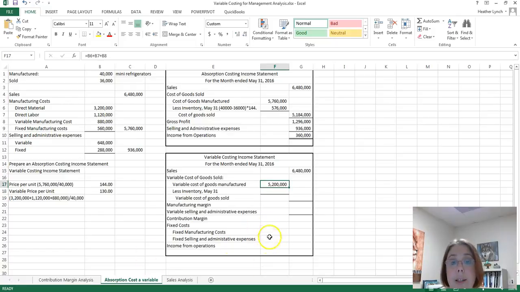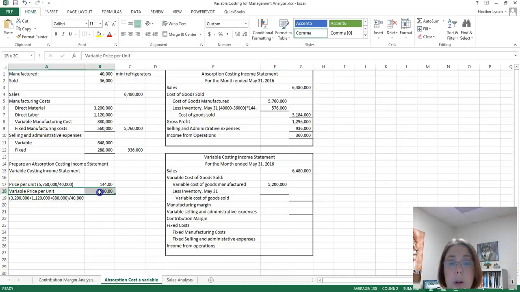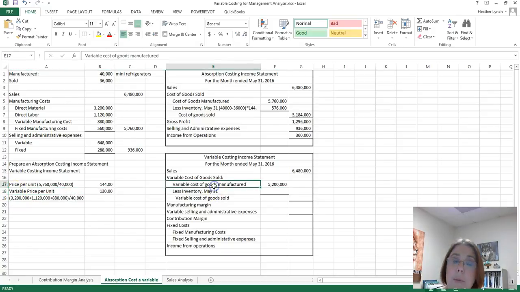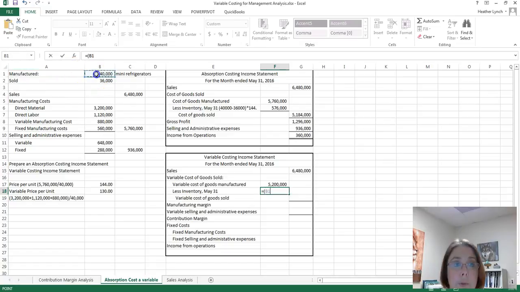We're going to do fixed down below. Okay, so then that's where less inventory May 31st, we have to look at our variable price per unit. If we only did variable costs for the cost of goods manufactured, we have to do only variable price per unit. Okay, so that's going to be your 40,000 minus your 36,000